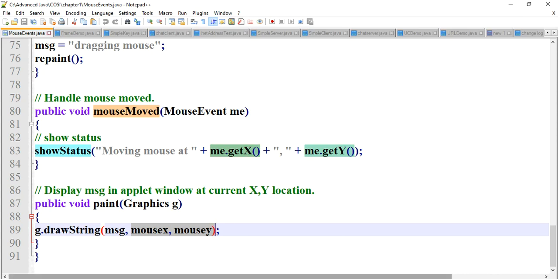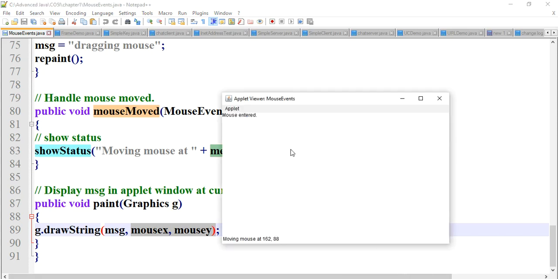So this is the output of this program: mouse entered, mouse exited, mouse clicked, mouse pressed, dragging mouse, releasing mouse, and mouse moving at different X and Y positions.